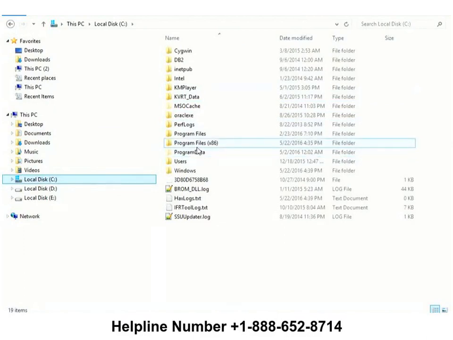So go to your installation folder. If you have a 64-bit operating system, you may have two Program Files folders, and if you have a 32-bit operating system, you will find only one. You can check in both places, and you will find Adobe Reader in one of these two.